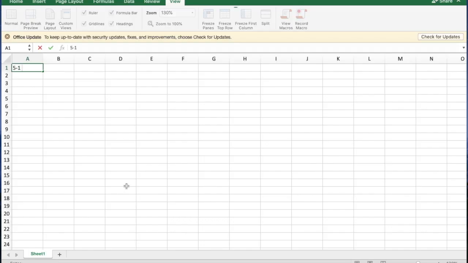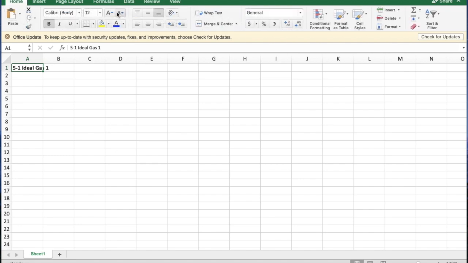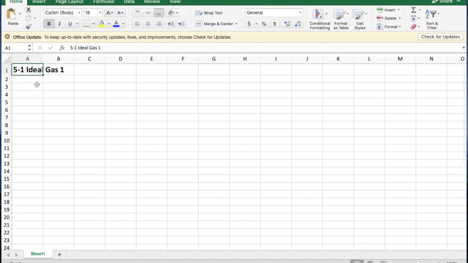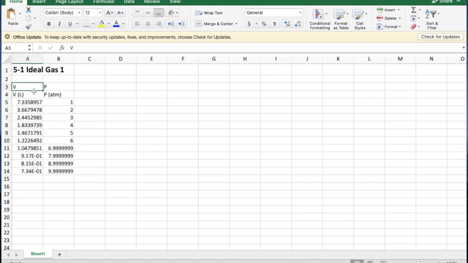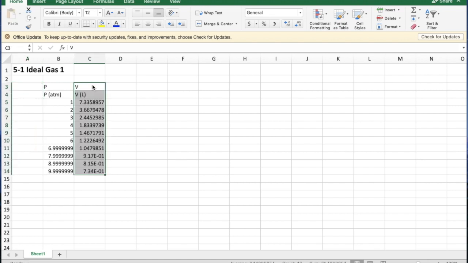open up a spreadsheet document, title it, for this experiment, 5-1 ideal gas 1, and then paste the data. You can delete the last 2 columns since we're not looking at temperature and moles in this experiment. You want to move the volume to the right of the pressure since volume in this case is the dependent